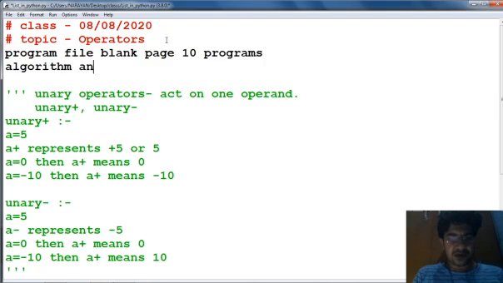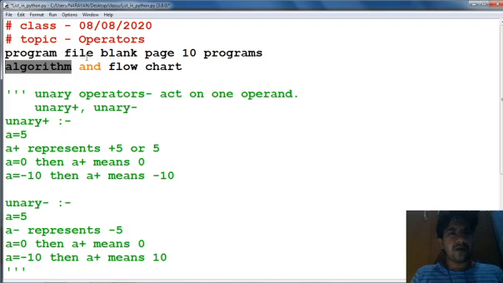and flowchart. But this is not applicable for the first 10 programs. After the first 10 programs, you have to make an algorithm and flowchart for all the programs you have done in your program file. Now, make a separate program file from your notebook. This is very important, to make a separate program file.